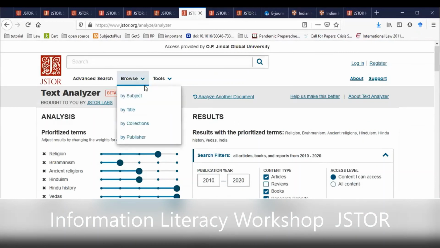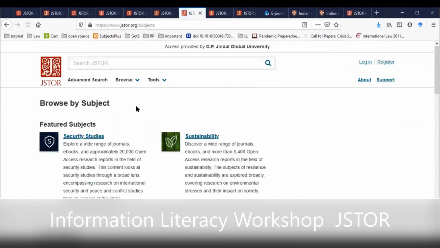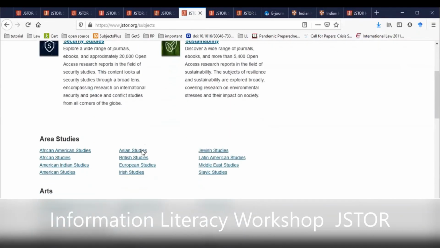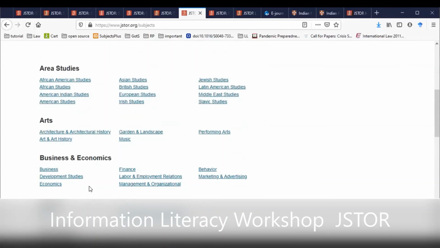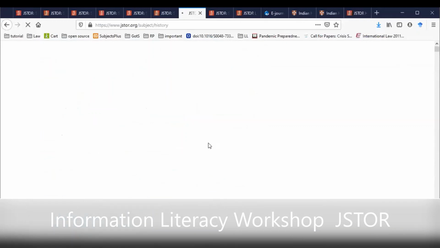So beyond this, I also have to browse across this collection, maybe by subject, title, collection, or the publisher. I'll just quickly take you, because I'm running short. So these are certain areas of study wherein you can quickly jump in, check and search accordingly. Maybe I'll just take an example of history out here,